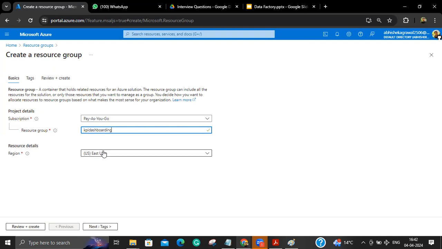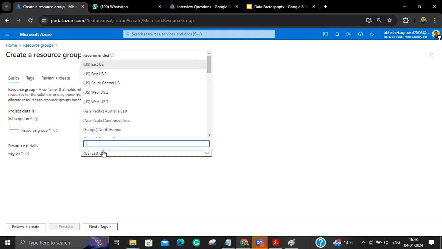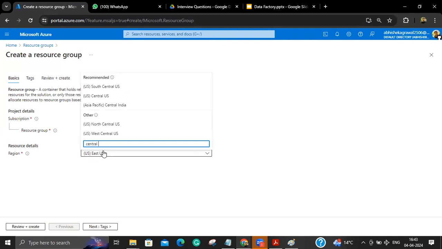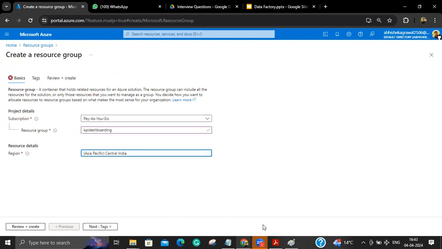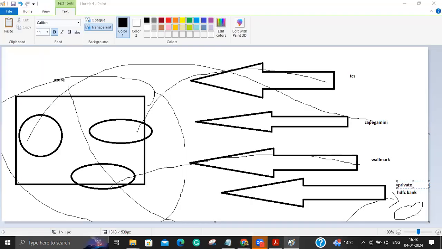KPI dashboarding project, and then here I can mention the region, like in which region I want to deploy my resources. Okay, so I am selecting Central India, for example. So generally, a region will be decided. Suppose you are